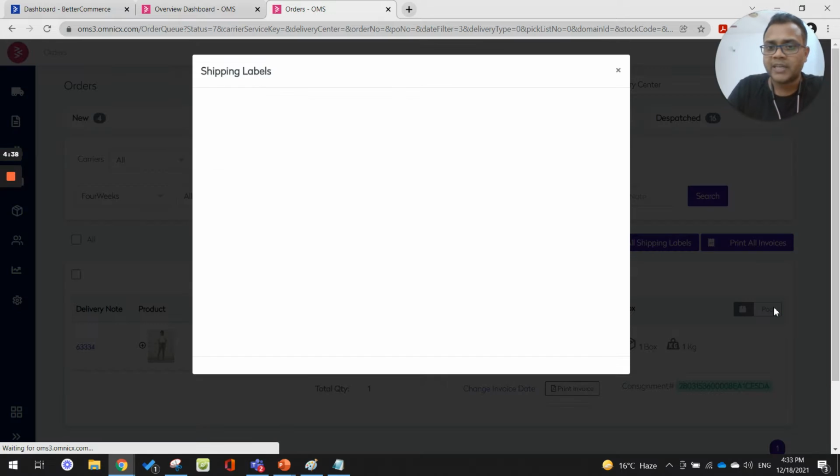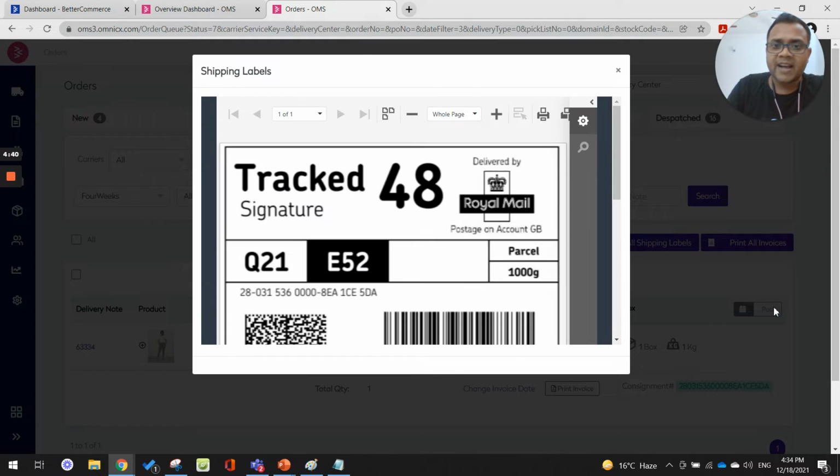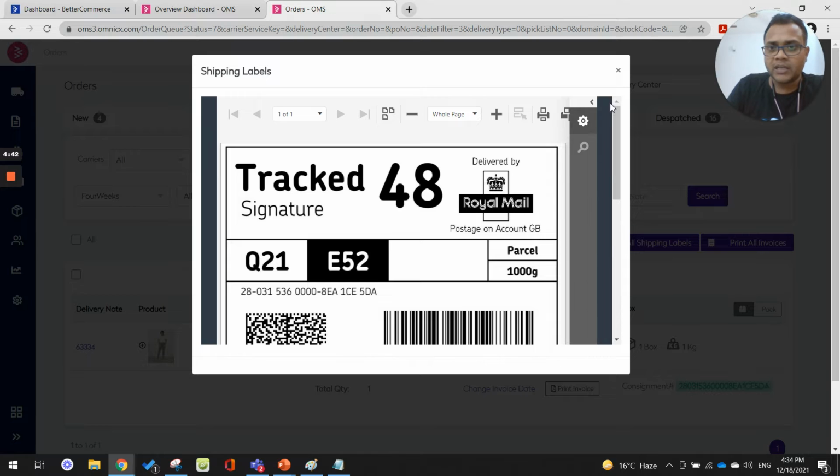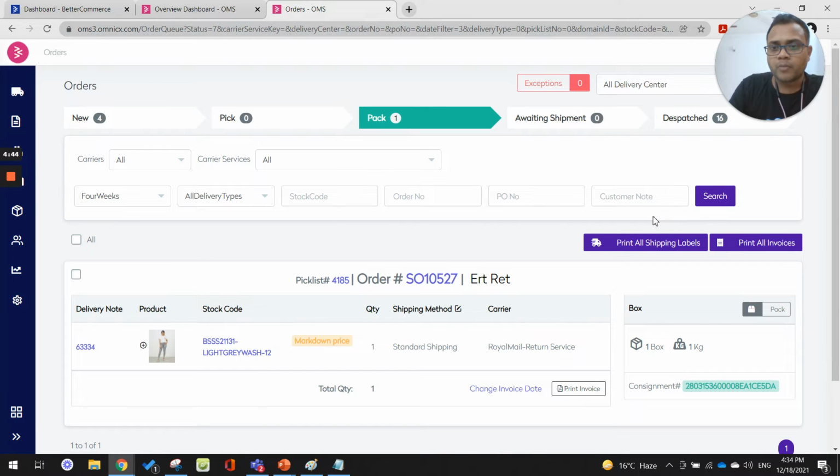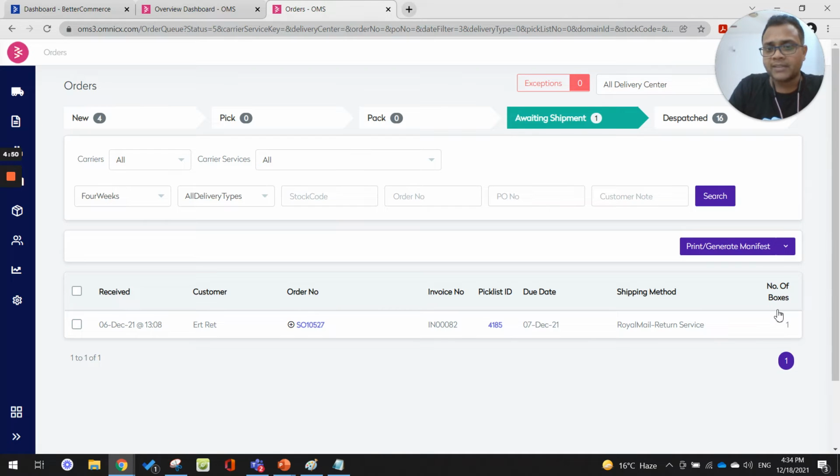Label generation is totally API based, or you can have your manual carrier. You print the label, you paste it on the box, you can see the consignment number right here, and you can click on pack. Now the box has been packed and it's awaiting to be